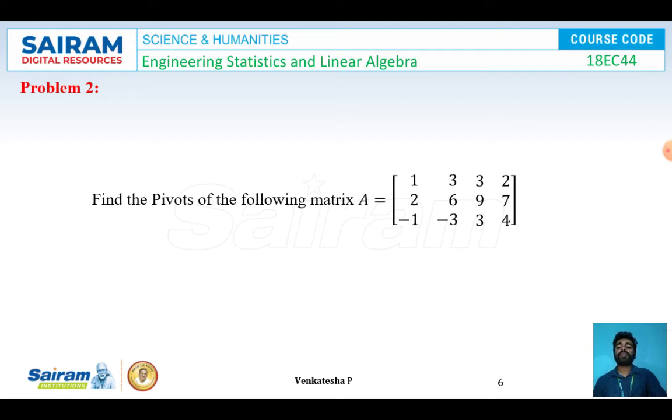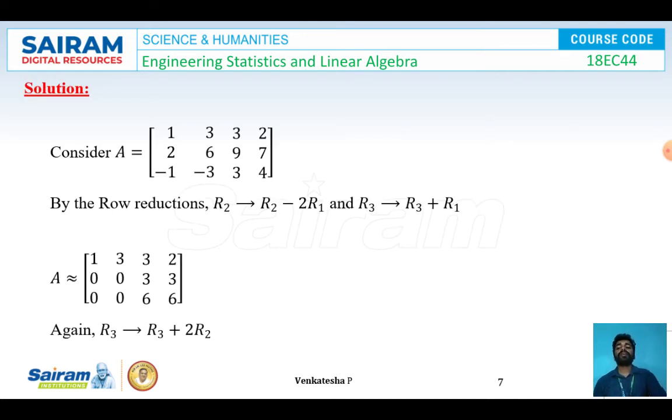Problem number 2. Find the pivots of the following matrix. A is equal to 1, 3, 3, 2, 2, 6, 9, 7, minus 1, minus 3, 3, 4. So for the given matrix, we have to find the pivot numbers. I mean the place of the pivot numbers we have to identify here. So take the given matrix A is equal to 1, 3, 3, 2, 2, 6, 9, 7, minus 1, minus